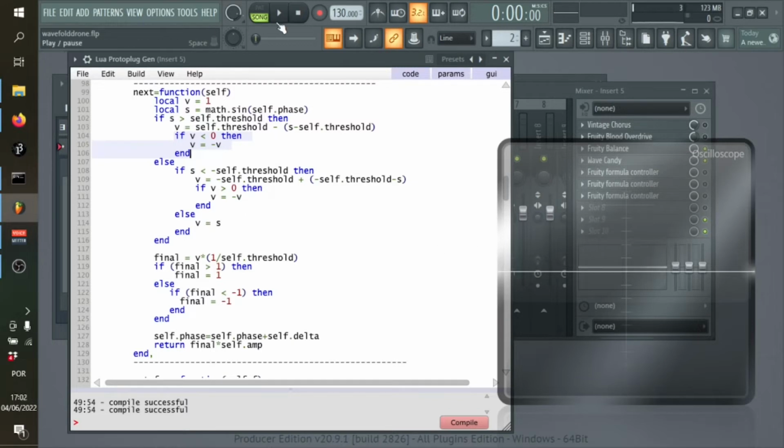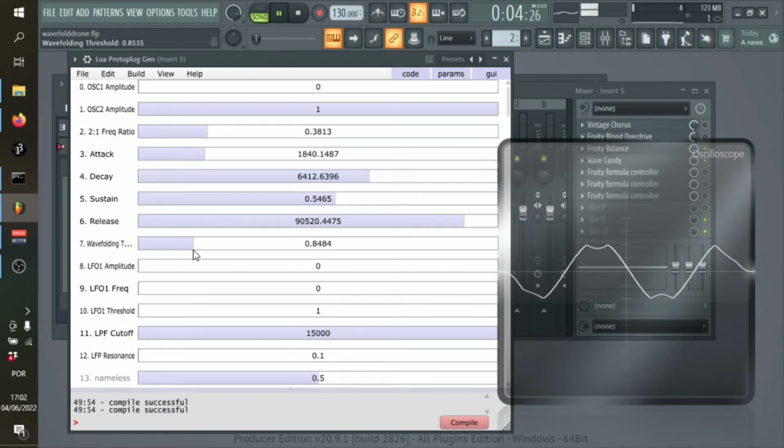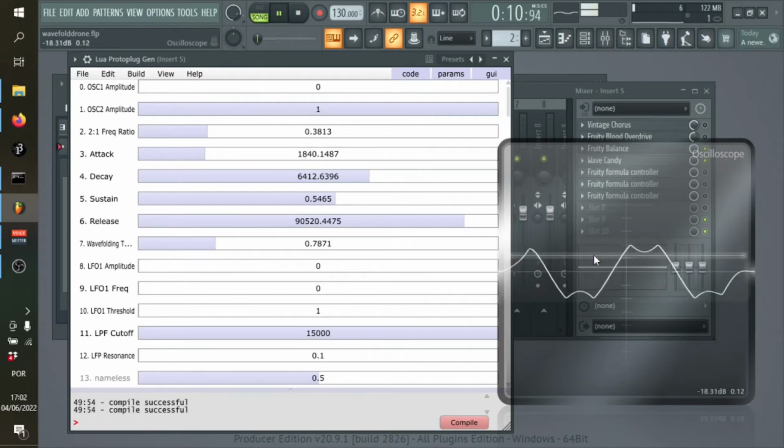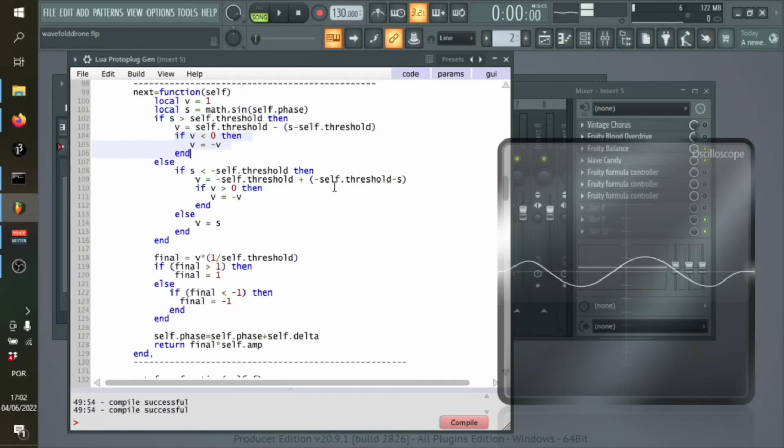Now if you notice, normally as you started taking this threshold down, the wave would get smaller, it means it would get quieter, so we want to compensate for that. And this bit of code here, we calculate 1 over the threshold and we multiply that value by that. So that basically just compensates for any loss of volume as we're reducing the threshold, and that goes into this